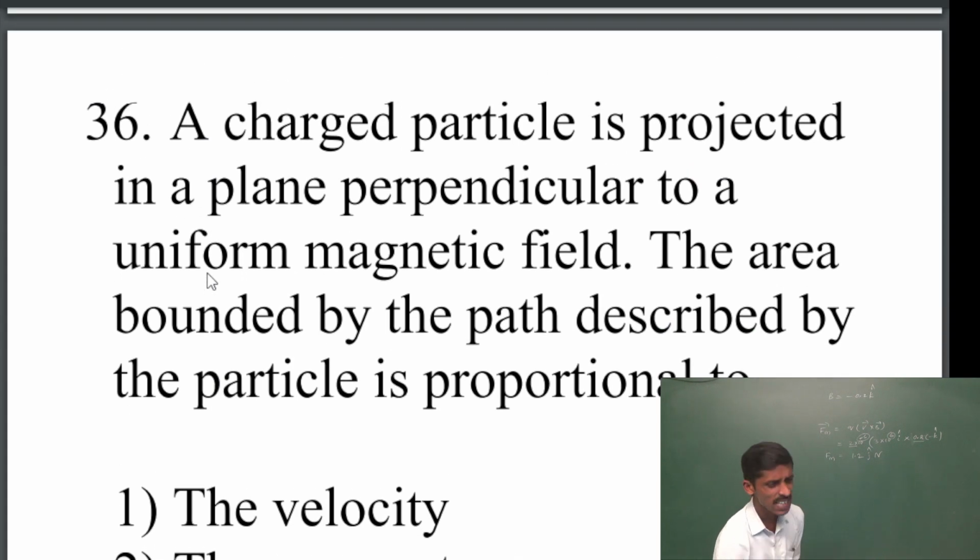A charged particle is projected in a plane perpendicular to a uniform magnetic field. We know, if a charged particle is projected perpendicular to the magnetic field, what happens? It follows a circular path. Right. The area bounded by the path described by the particle is proportional to...